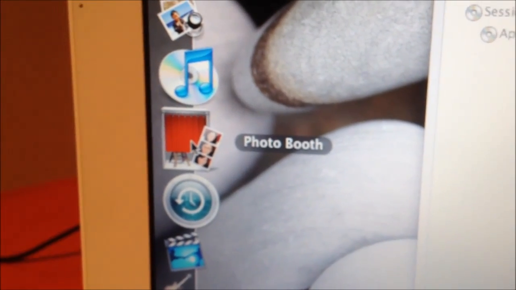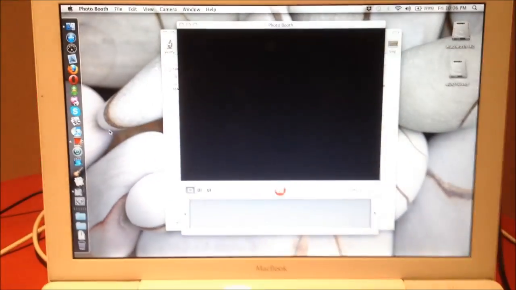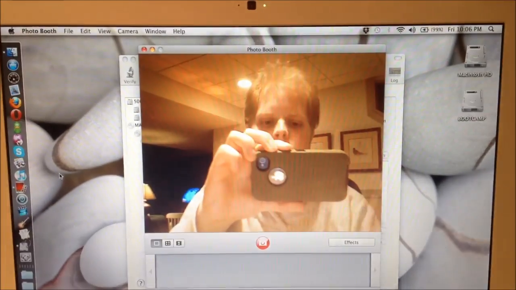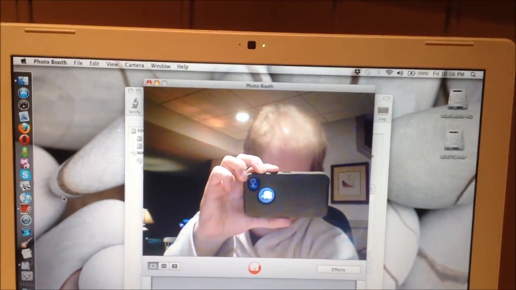I got Photo Booth. What the hell? I'll open that. Come on, Photo Booth. Hey, there's me filming you, filming me. Alright, and